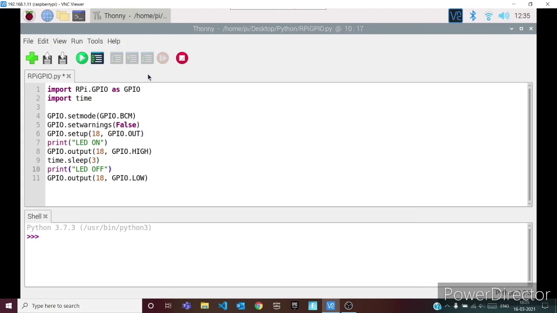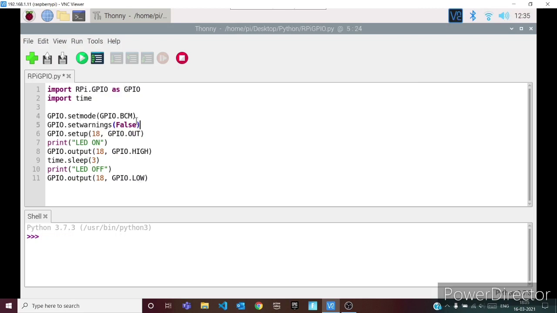So let me explain to you each line. So first, in this line, we are getting the library which gives us access to each GPIO pin in our Raspberry Pi. Then we are going to import time, which helps us keep a break between two commands. Then we're going to do GPIO.setmode. It has several different names, so we're going to call it by BCM, so we don't get too confused while naming it. It's very simple by using BCM.